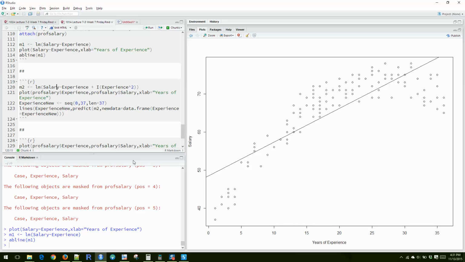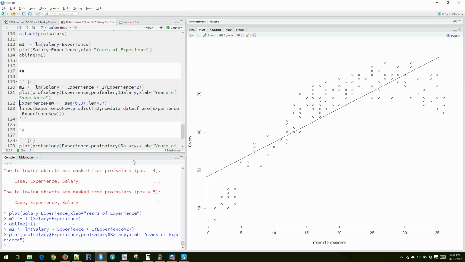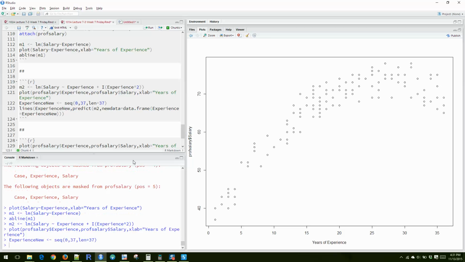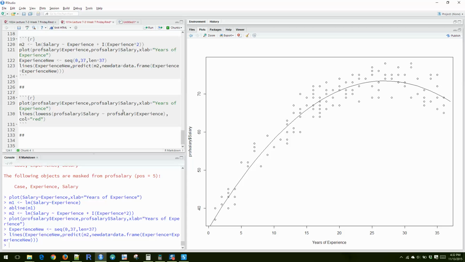We can try fitting a quadratic term in there, and that looks a lot better. And so we can compare this, and we can just throw on the LOESS curve and see how